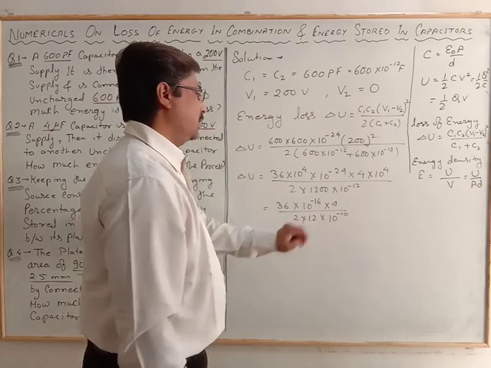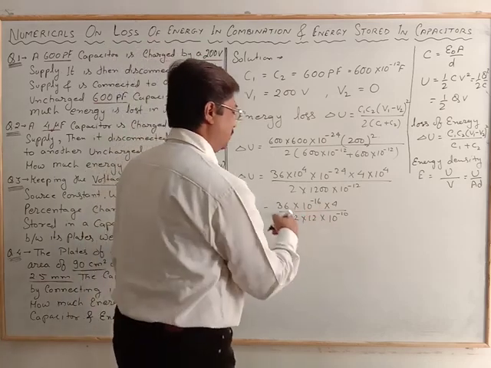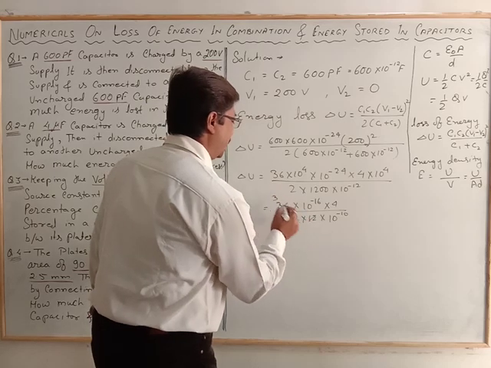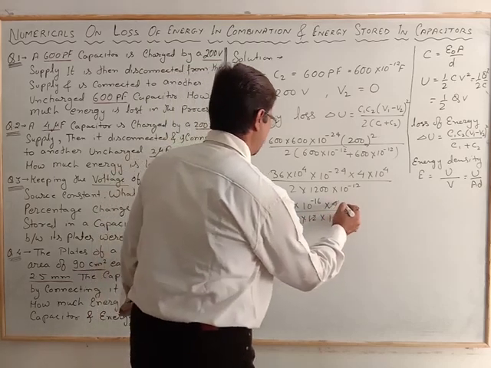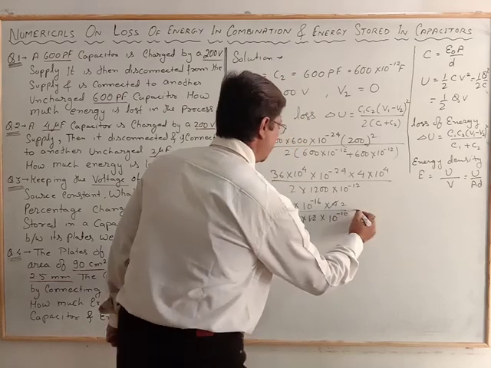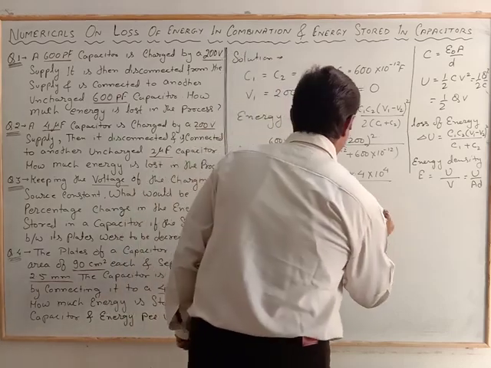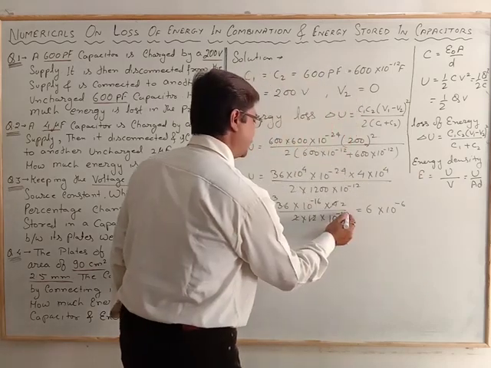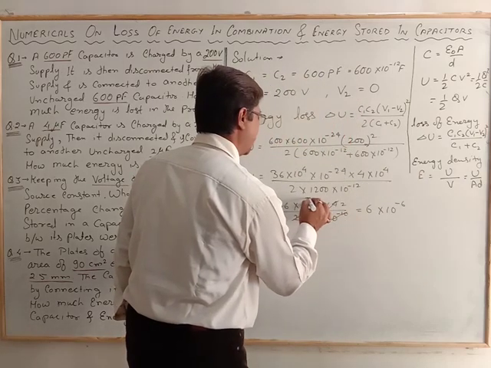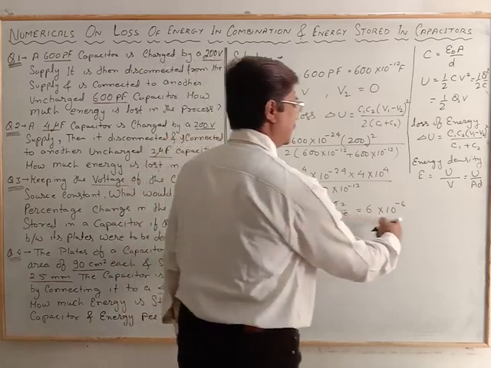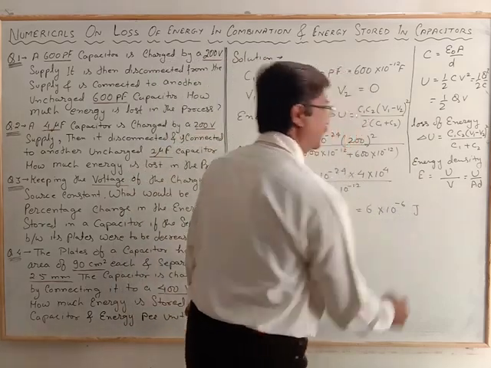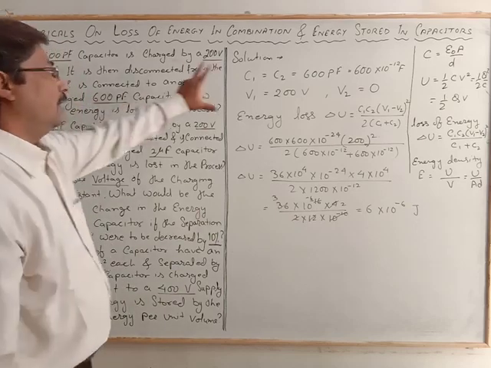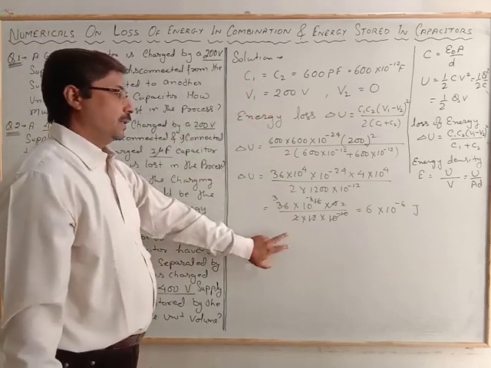Now that is the 10 to the power minus 6, when we cancel it out, in that case 12 divided by 3 becomes 36, and that 2 times becomes 2. So the relation we have is 6 into 10 to the power minus 6, we also cancel this one, in that case minus 6 only is left, so that is 6 into 10 to the power minus 6 joule. That is your first answer. First problem has been solved, that simple.